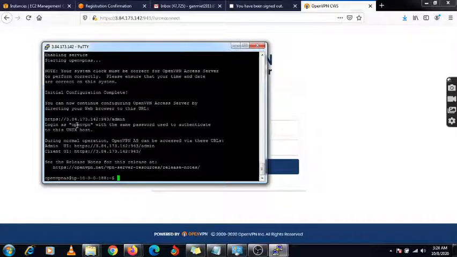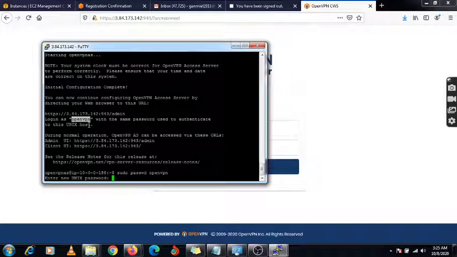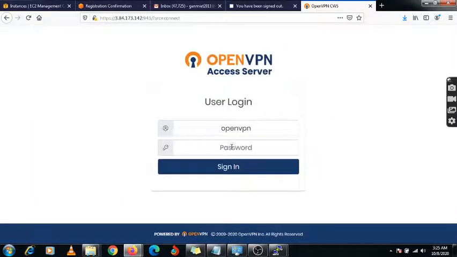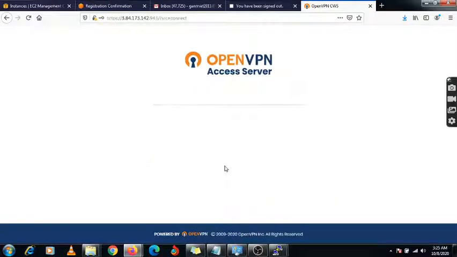This is my username, okay? And if you want to reset the password, just type sudo passwd openvpn and enter the same password. I'm going to enter the same password so there is no confusion.